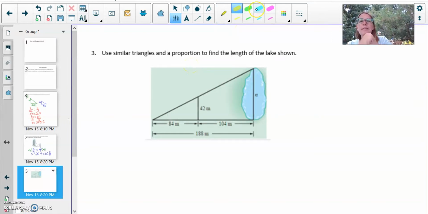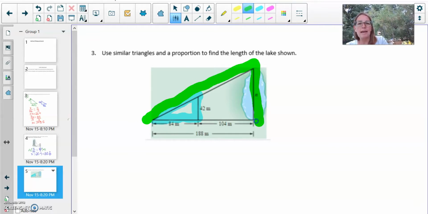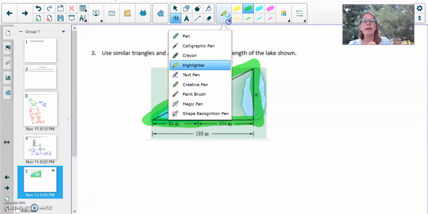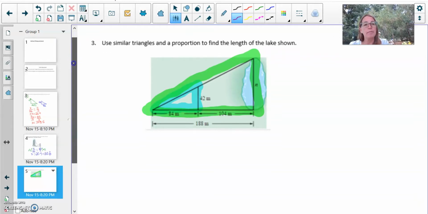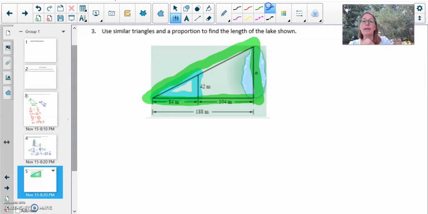All right, so if we look at the highlighter tool, we have this little triangle that I just outlined in blue, and that's inside of this big outside triangle that I just outlined in green. So these two triangles are actually similar triangles. So we can set up our proportion. Our job is to find the length of the lake, which is the n. That's on the big triangle. So the outside big triangle, the bottom edge of it is 188. So my ratio would be n over 188